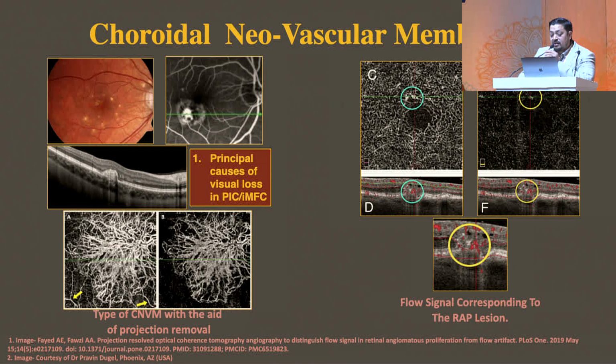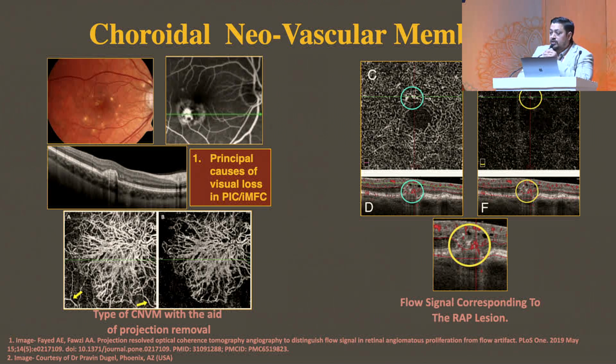As we are aware, in multifocal choroiditis, one third of these patients are associated with a CNVM complex. So again, if you see these whitish lesions, you do an OCT and OCT angio, and in one of the few lesions you see a CNVM complex, which is very well delineated by the OCT angiography. Probably you're looking at a patient of multifocal choroiditis.